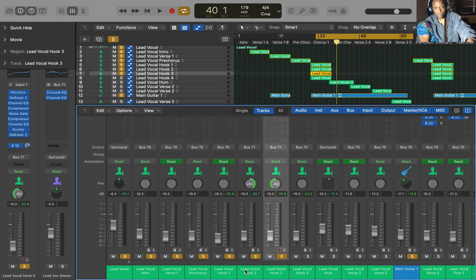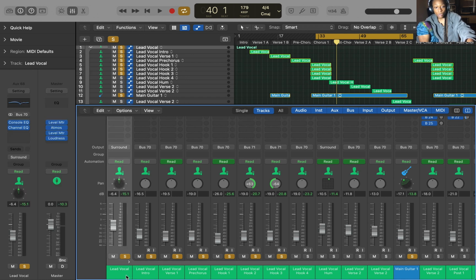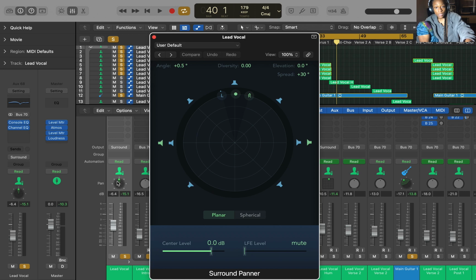And they got these panned right to left. Normal panning. The lead vocal hook. No binaural on the vocals, except a little bit on this lead vocal. It's subtle, but it's a spread. Alright, so